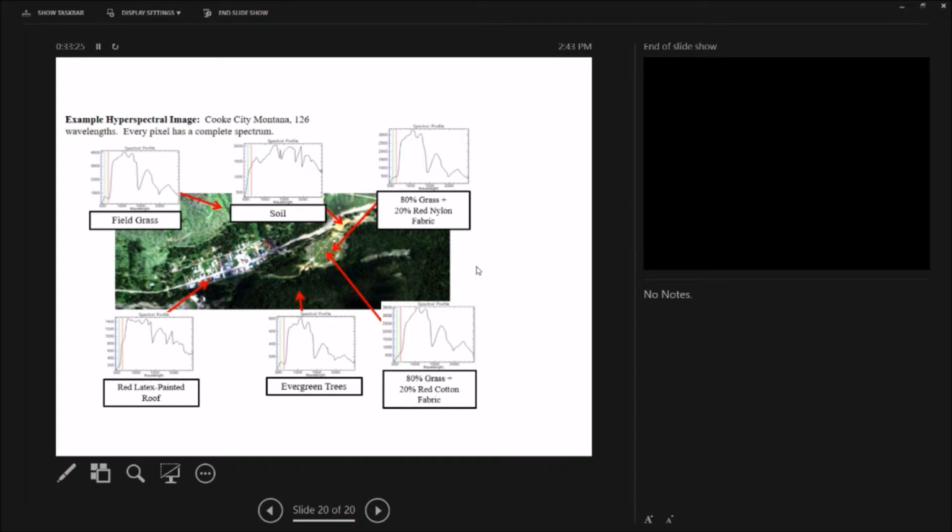So the mixture over there looks a lot like the field grass here. You notice this goes high, bumping green, comes back down. This has a high bumping green, and you can barely see it from probably where you are, but the tiny bump in the red there. You don't see the nylon features out there, but if you could pull out the grass, then you could see the little nylon features out there. Okay, so